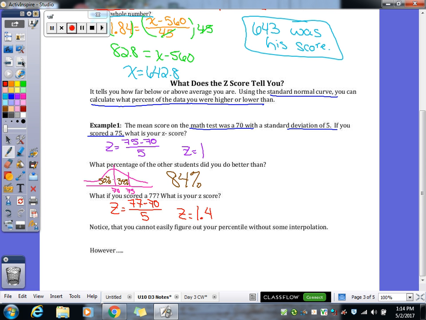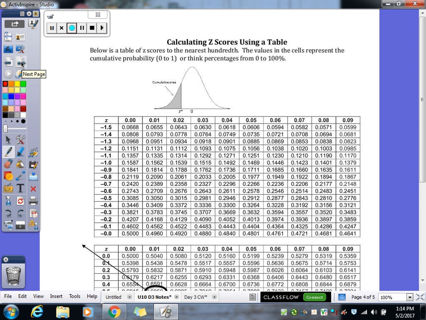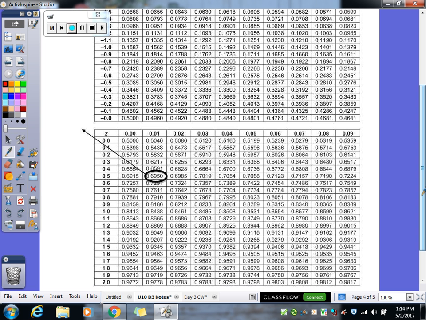So let's take a look at this. I have just a little snippet. You guys have the full chart on your paper. So a z-score of 1.4. With our z-score, your tenths are in the columns that are going down, and then your hundredths are going across the top. So we just had a z-score of 1.4, and then I'll put the 0 in there to make it to the hundredth. Like I told you, our z-scores are always supposed to go to the hundredth. So we would go down here to 1.4, and then over to the 0 for my hundredths, and I get that number off the chart,